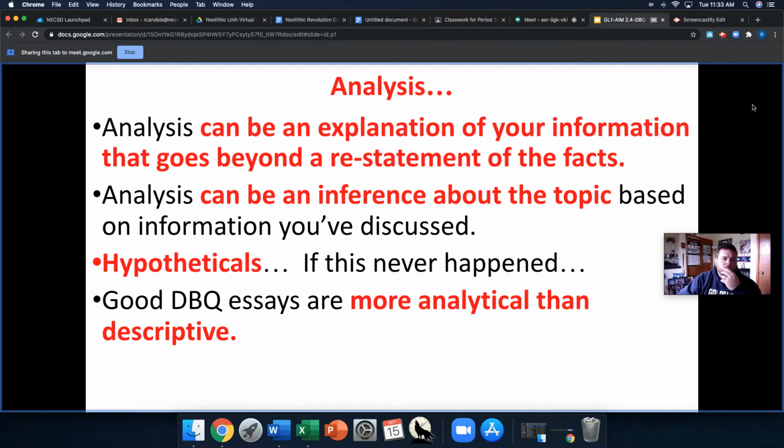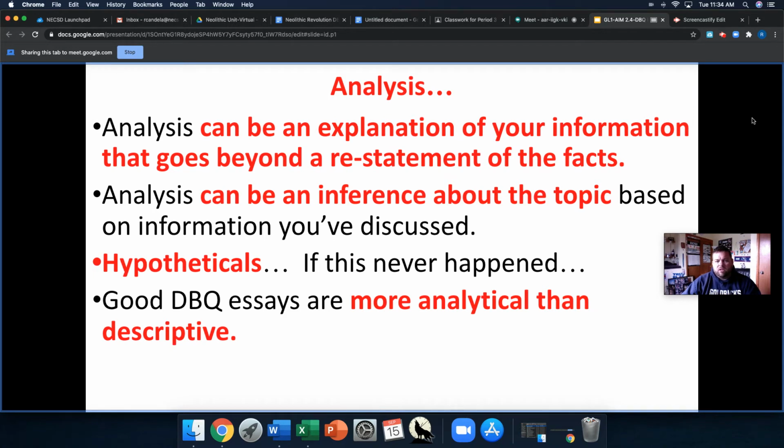Okay, so the last important component of a DBQ essay, we've gone over document evidence, we've gone over outside information. Last but not least, analysis. What is analysis is a tricky question. It can be answered correctly in a lot of different ways. That's the best way I can describe it. So for our purposes, we will define analysis as an explanation of your information that goes beyond a restatement of